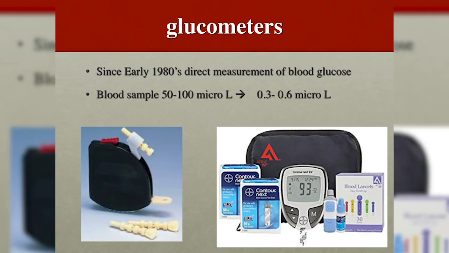So now we're going to switch to the history and evolution of glucose measurement devices, which goes back several centuries. I'm not going to go that far back, because otherwise it's a fascinating history, and we could talk about it for hours. But the actual blood sugar meters were introduced only in the 1980s.